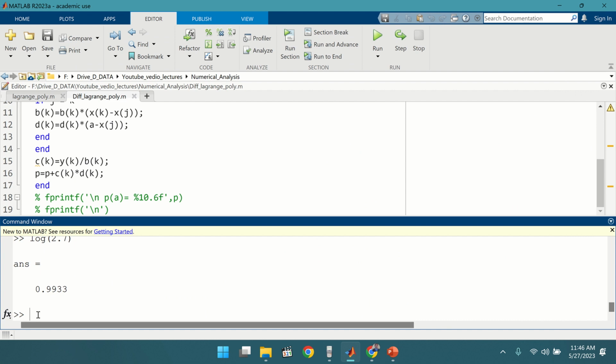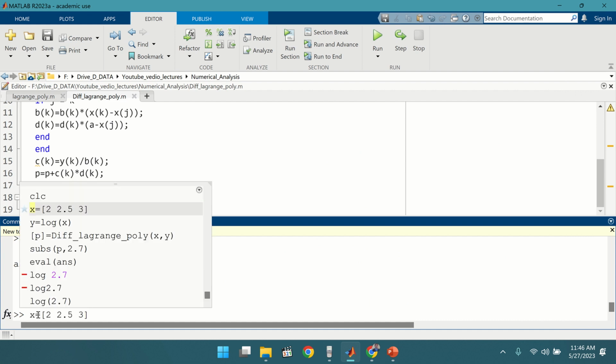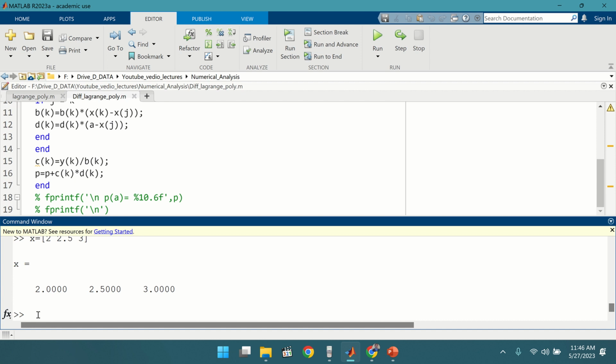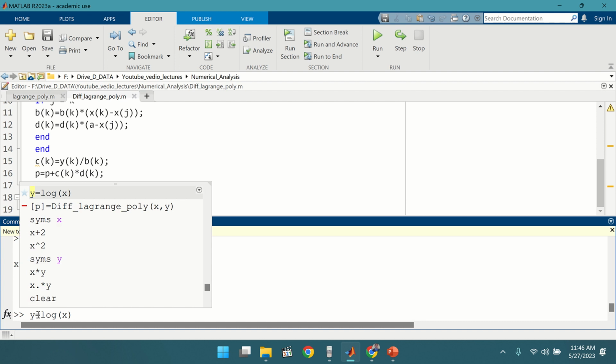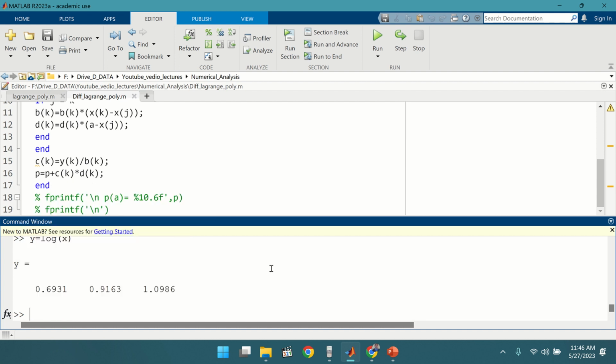Okay, so अब हमने करना क्या है, we have to give the values of x which are 2, 2.5 and 3. They are simple. We have to go for the values of y which are to be taken as something like log of x. We do that. So y is 0.6931